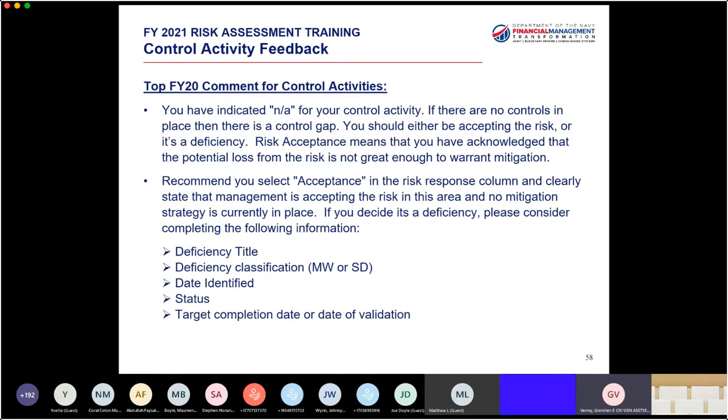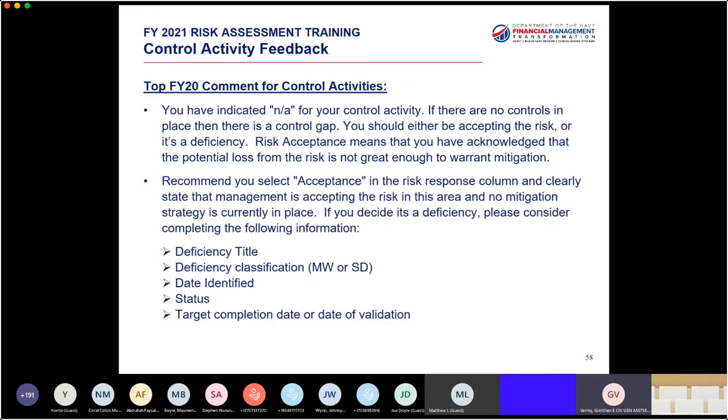So you're going to need to identify that either management has determined that they're accepting the risks and there's no action that's going to be taken, in which case you would say NA in the deficiency column, and then in the control activity column, you would want to actually say management accepts the risk and provide some additional information of why the risk is being accepted and that it's been acknowledged and all of that.